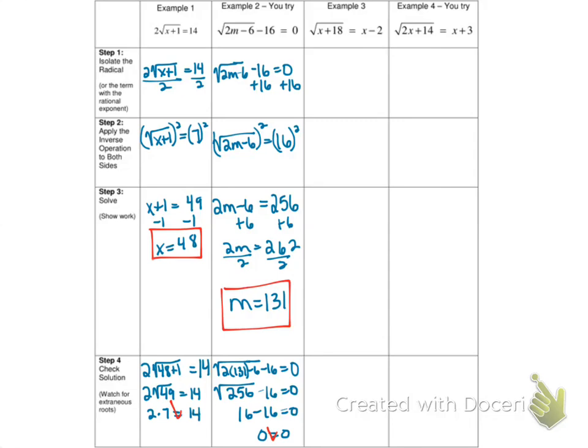Okay, so now let's look at example 3. For this example, the radical is already isolated, so there is nothing we need to do in this first step because the radical is already by itself. So when we go to square both sides, I have the square root of x plus 18 equals x minus 2. So when I square both sides,